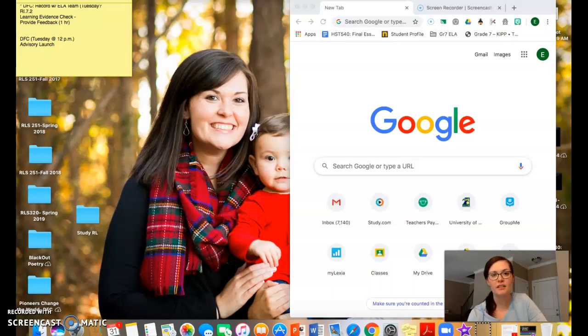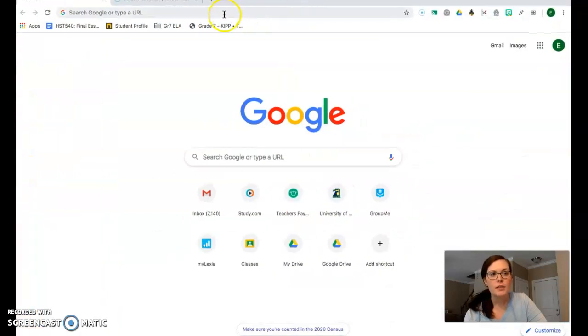in Smithfield, North Carolina. And today what I'm going to do is give you a quick informational tutorial about Google Classroom, about some of the resources that are available to you, and then how to use those resources. So the first thing that you are going to want to do is